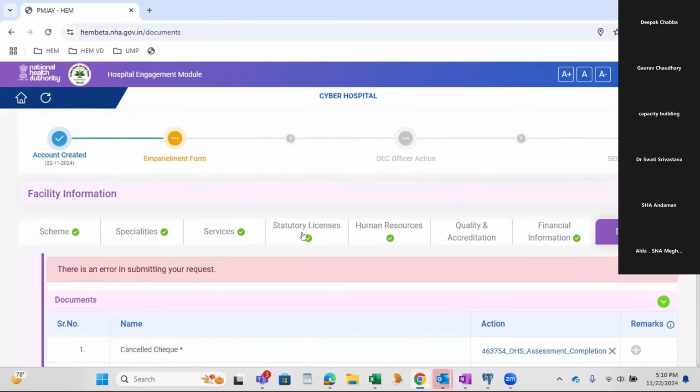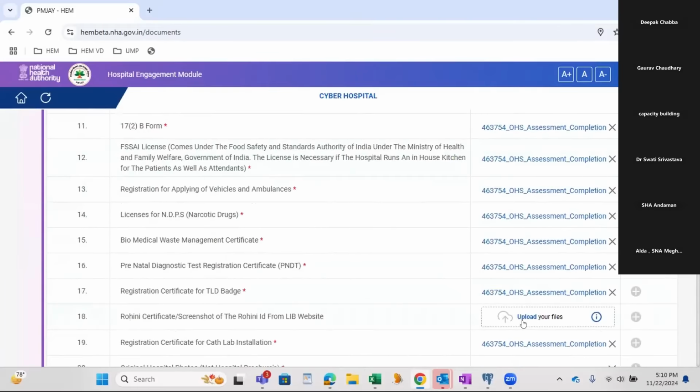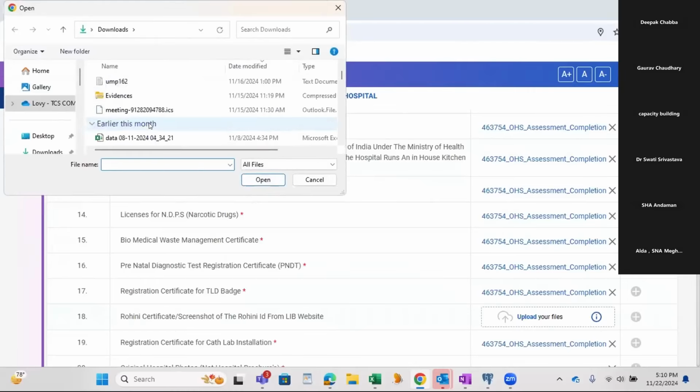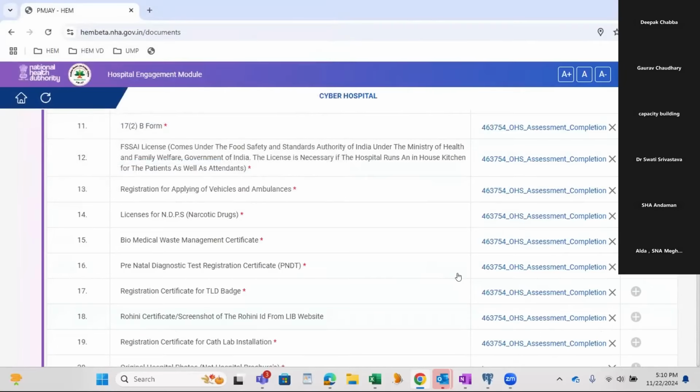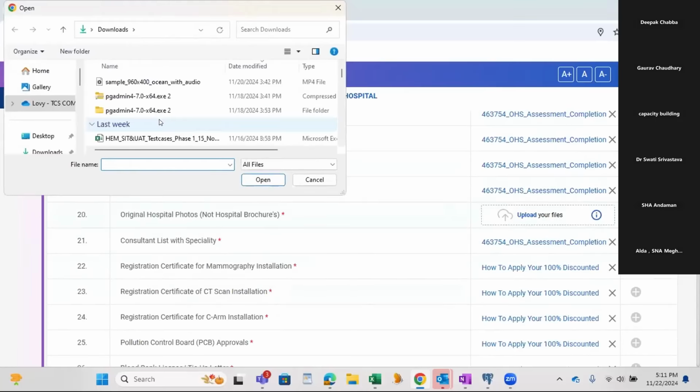Okay, I think there is some issue, somewhere I missed. Let me remove this.